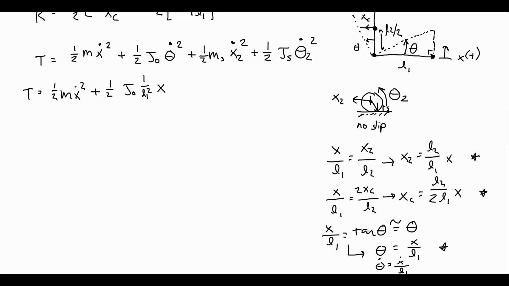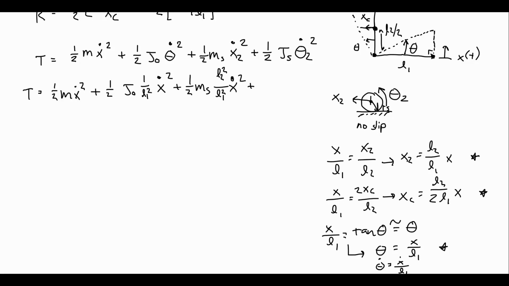So I can rewrite that, plus 1/2 ms x2 dot. We know x2 dot is L2 over L1 x dot. So when we square that, we are left with that expression, and that's x dot squared,